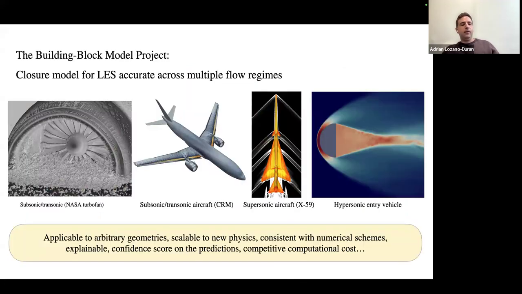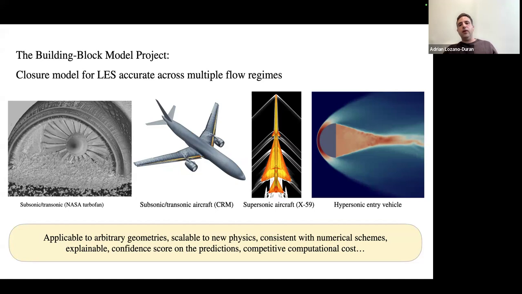So to give you an overview of what the goal of what we are trying to do here is, and then I'll explain a bit more the technical details. What we call this model is the building block flow model project. So it's a closure model for large-scale simulation. And the idea is that we want to develop this model so that it will give you good predictions across many